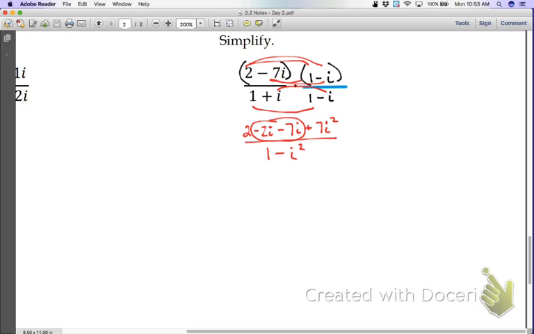If we combine here on the top, I'm going to have 2 minus 9i plus 7 times negative 1, all over 1 minus negative 1. Change everything over. So 2 minus 9i minus 7. Two negatives change to a positive, so over 2. And then just combine like terms on the top, so negative 5 minus 9i